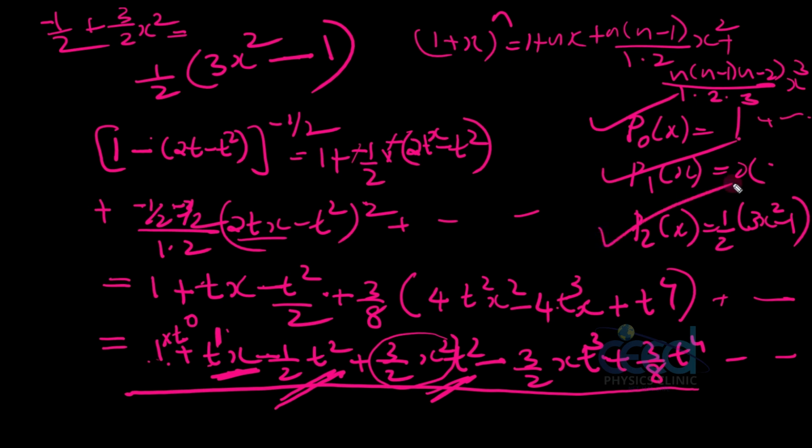So this function fulfills the condition. The nth coefficient gives the nth Legendre polynomial. Okay, so that's holding good. So that's why we can call this root 1 minus 2xt plus t square, all raised to minus 1 by 2, okay, root 1 minus 2tx plus t square, all raised to minus 1 by 2, the generating function of Legendre polynomial, right?